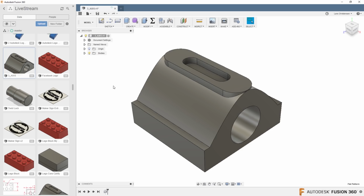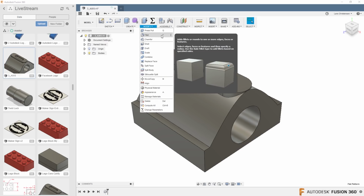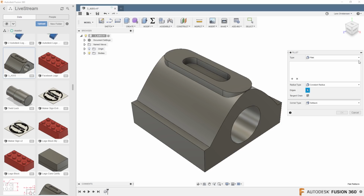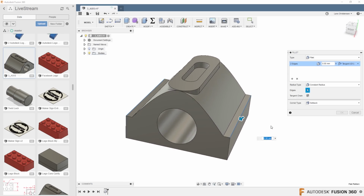One that might also have snuck by you is that the fillet command got some new functions in it. So if you click the drop down and hit fillet, or just of course the shortcut key F, you will see that the menu changed. You actually have a couple of different options in here between a standard fillet, rule fillet. You can see you have constant radius, you got chord length, all different kinds of things inside of the fillet command. Primarily what has happened is that you can now select multiple edges in here,